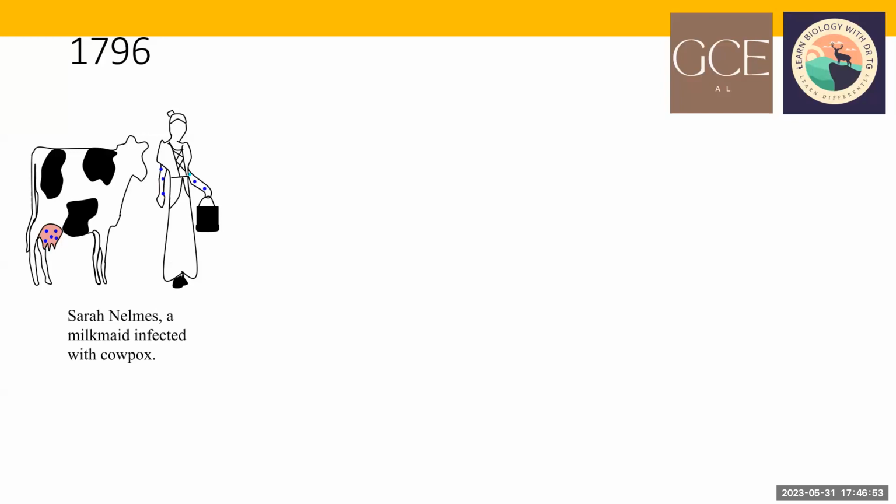So she's infected with cowpox because he noticed there are a few blisters, and cows also get these things. So this picture is quite informative. You can see the cow's milking place is called the udder. The udder is the mammary glands of the cows, and this area is very sensitive. They get this kind of blue color skin blisters. So she also got the skin blisters, and it is a contamination of the virus from the cow, and she got cowpox.